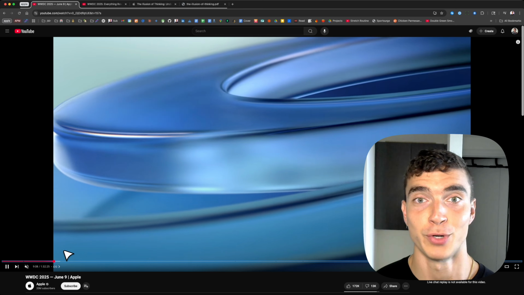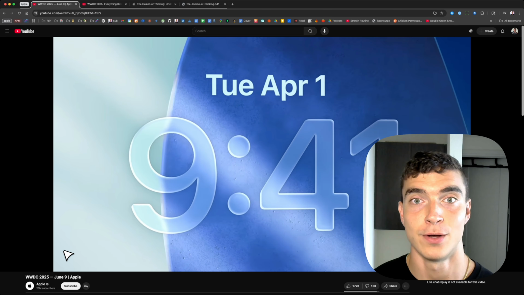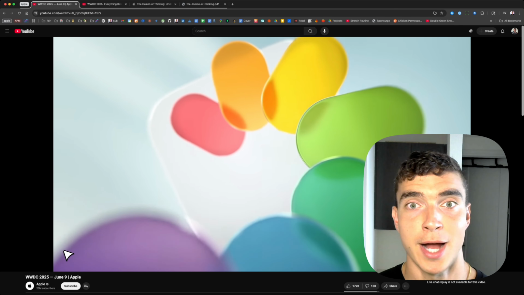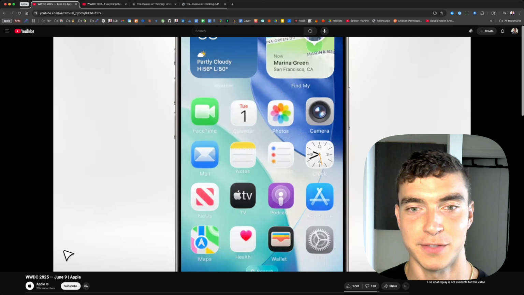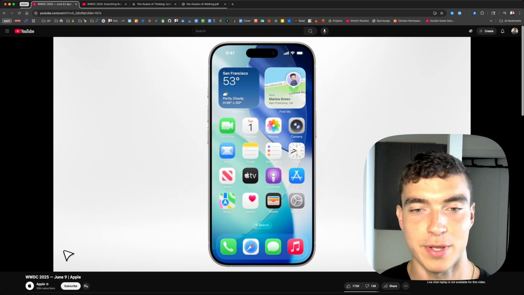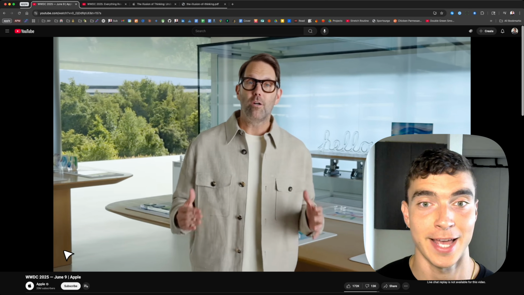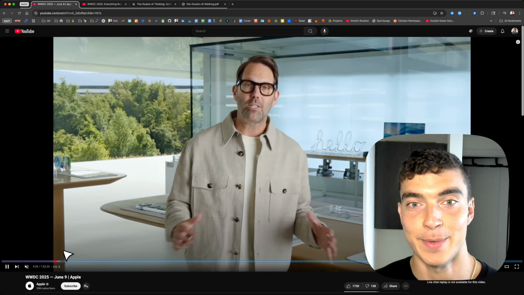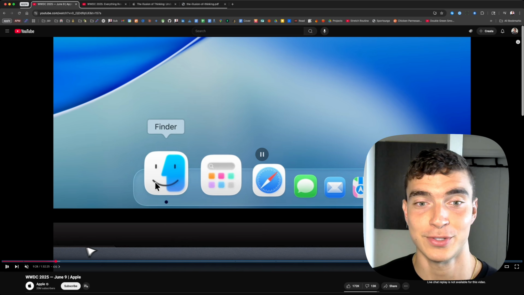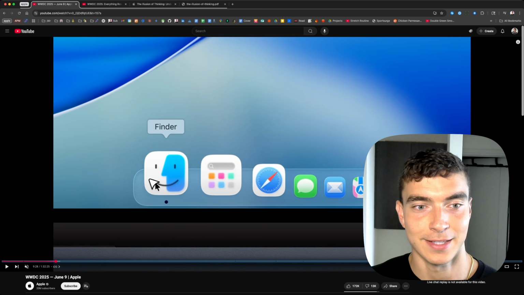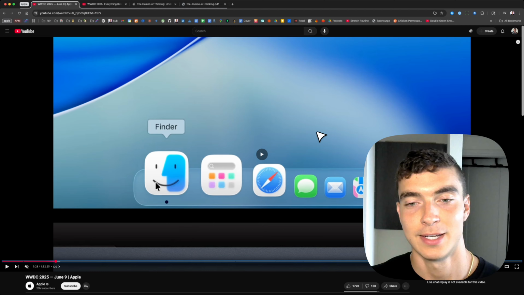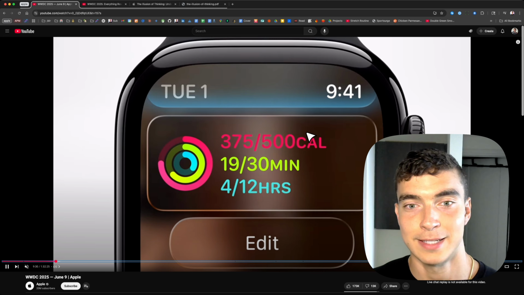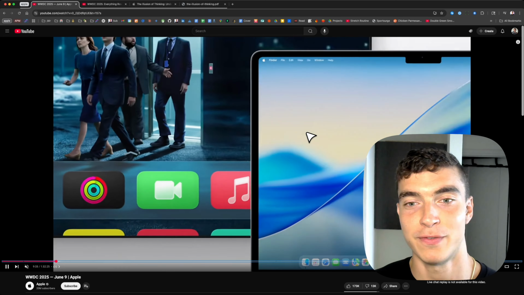So there's a full system redesign coming to all devices, iPhone, iPad, Apple Watch, Apple TV, and that's this liquid glass style. You'll see this very dynamic, translucent appearance to all applications and interfaces. This will definitely be noticeable for all Apple users. You can see, if I pause here, the translucent background for these app bars. All the apps look a little different, a little more shimmery and translucent. It does look cool, but I don't know, not really a huge feature.